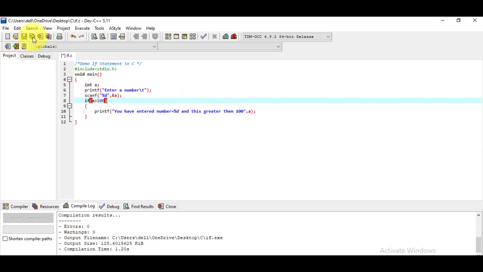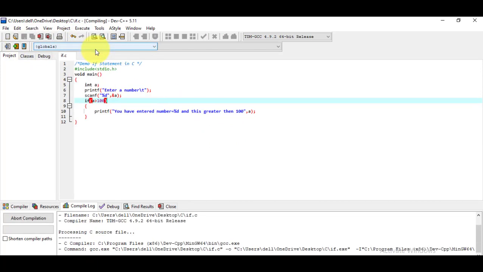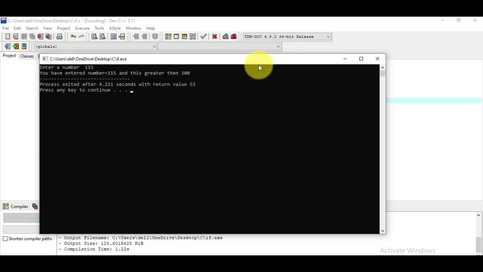Save the changes once again, go to the execute menu, choose compile and run, and this time I am entering the value 115. It shows you have entered the number equal to 115 and this is greater than 100. This code has been executed just because the condition turned out to be true.